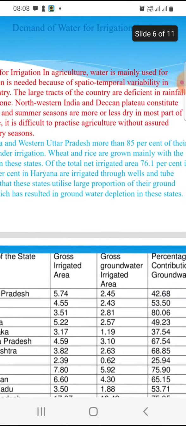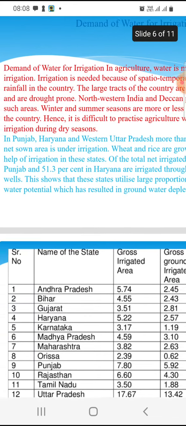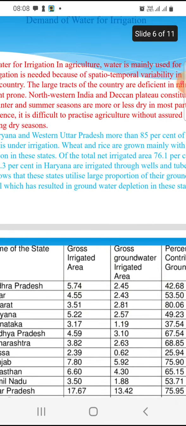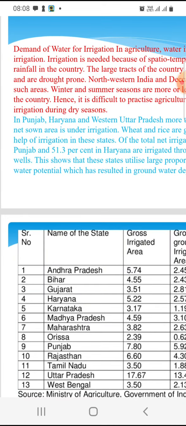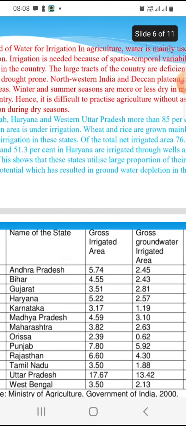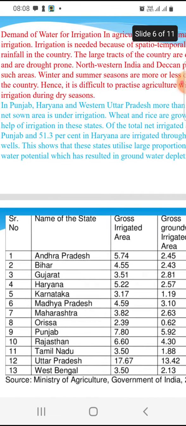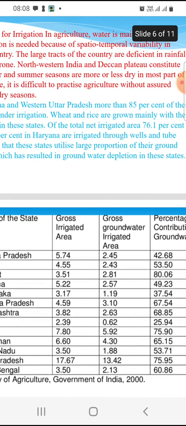Of the total net irrigated area, 76.1% in Punjab and 51.3% in Haryana are irrigated through well and tube well irrigation. This shows that these states utilize a large proportion of their groundwater potential, which has resulted in groundwater depletion.